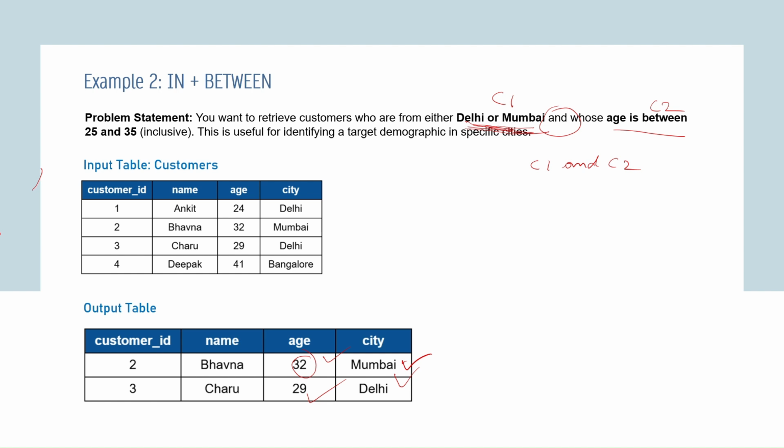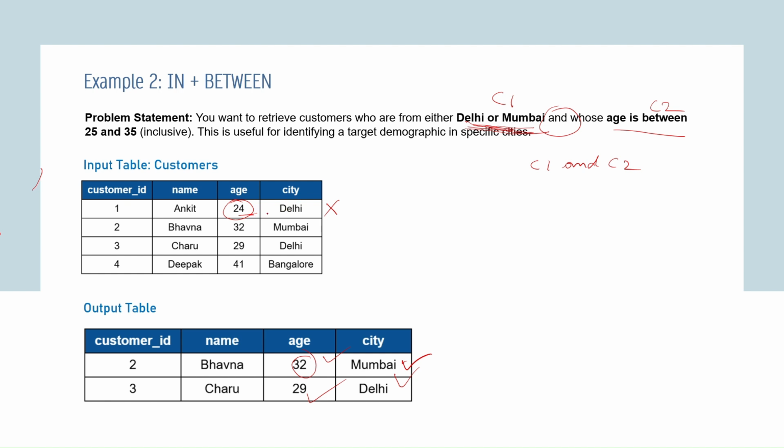We have excluded customer ID 1 from our output because it's not meeting our condition number 2, which is age between 25 and 35, because the age written over here is 24, which is not meeting our condition. And since we have an AND sign in both the conditions,